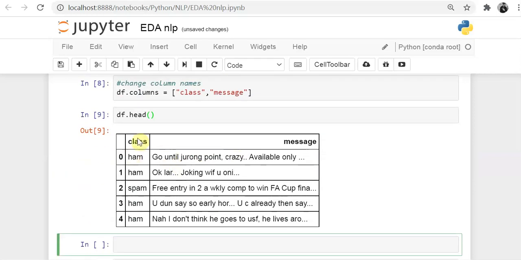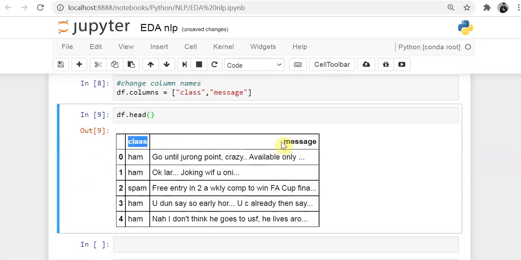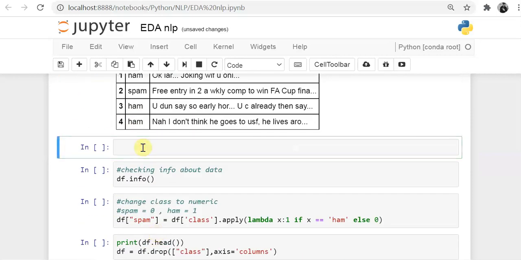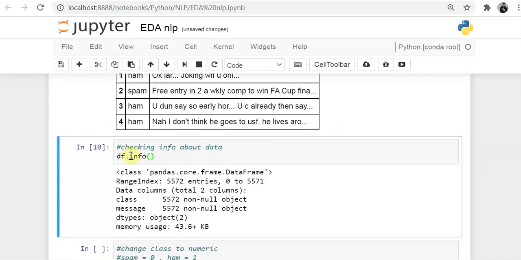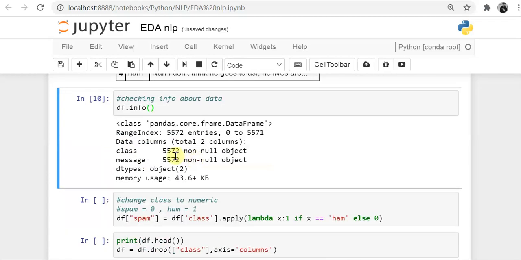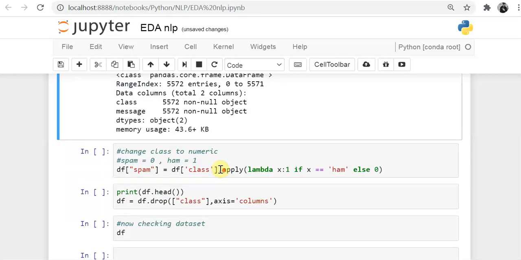You can see here is the class and here is the message. Now the format is looking good for our analysis. So now check if we have any null values. I write df.info. All are non-null objects, so no issues here.